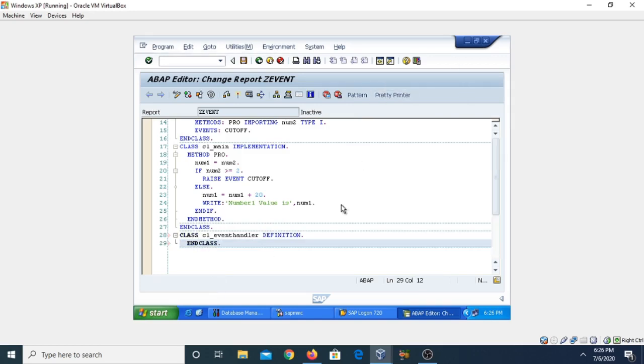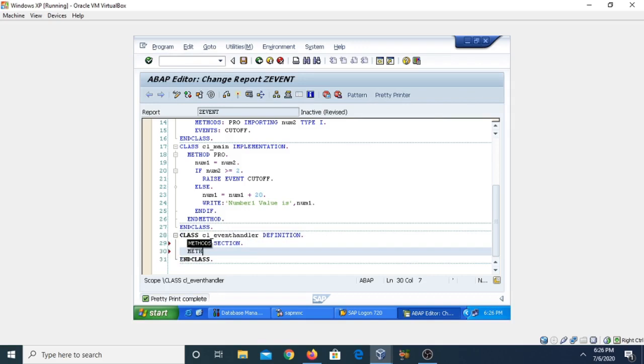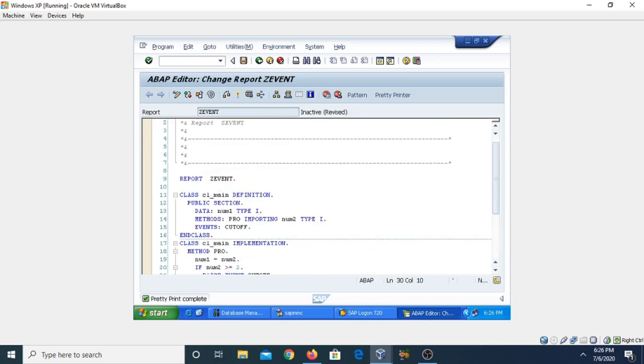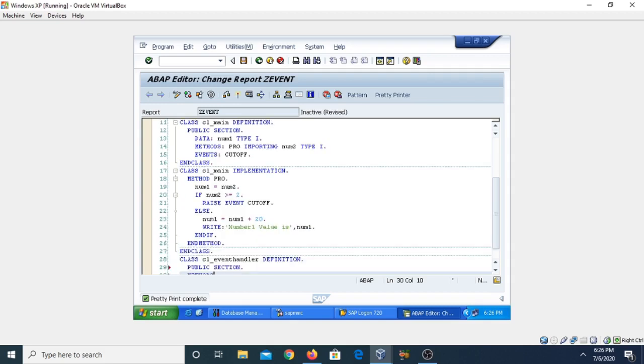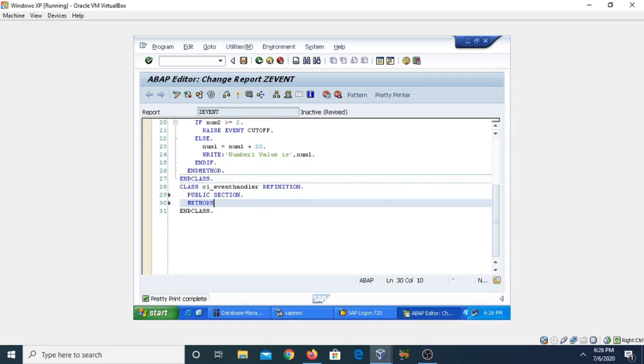Now use the pretty printer, and you can write down the public section. In this syntax you can also say that this is step number 3. So step number 1 was defining the event cutoff, step number 2 was raising the event cutoff, and now this is handling the event.